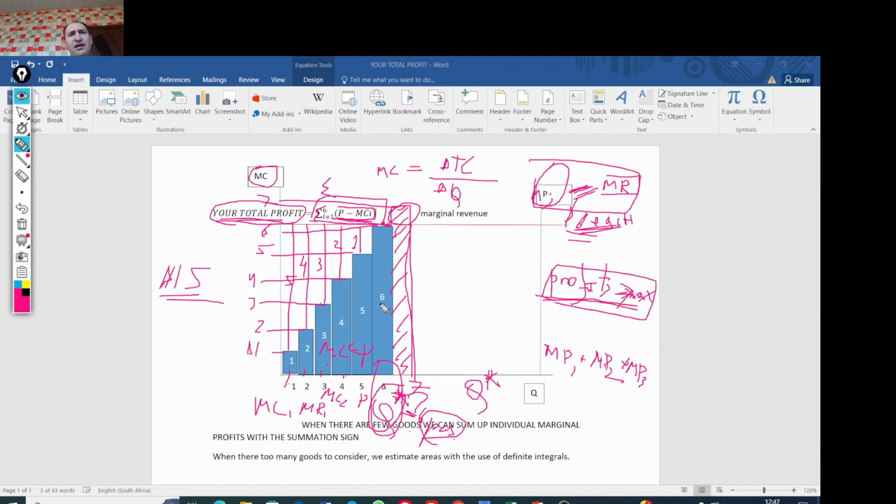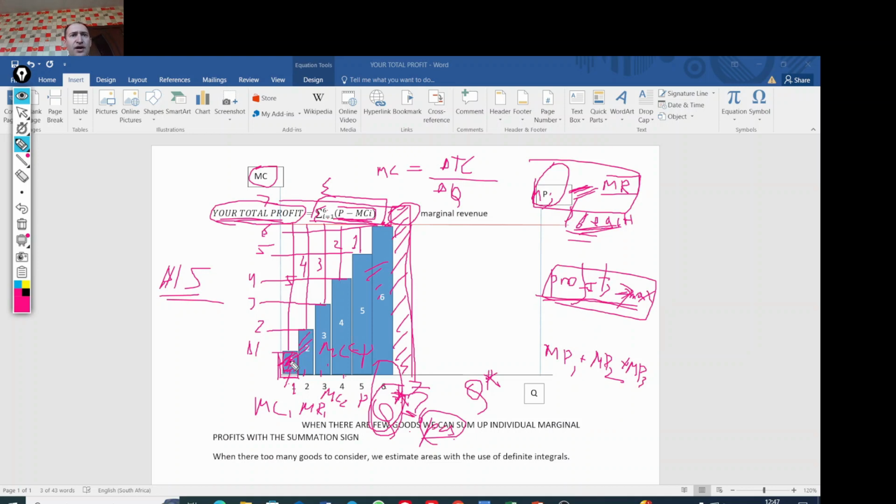When you have too many quantities of goods produced, these bars become tiny. So here, each bar has a certain area. The first bar has an area of 1 square centimeter because it's just 1 unit produced at $1. So the area of that bar, right? Notionally, I'm counting in square centimeters, but it's a product of dollars by units, right? $1 multiplied by 1 unit will give you some area of 1,